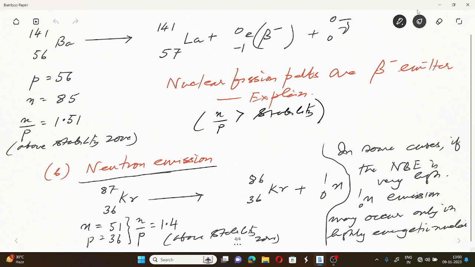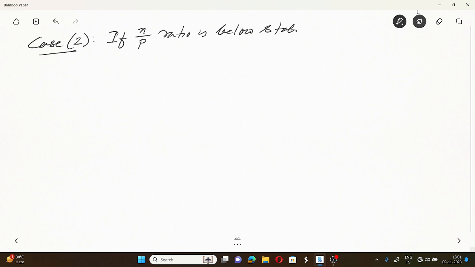কেস 2, অর্থাৎ if n by p ratio is below the stability zone। আগেরগুলো যেগুলো দেখলাম, we have considered that the n by p ratio is above stability zone। এখানে হচ্ছে if n by p ratio is below stability zone। এখন below the stability zone হচ্ছে মানে তার মানেটা কি? That means